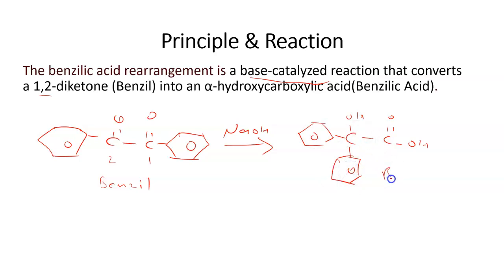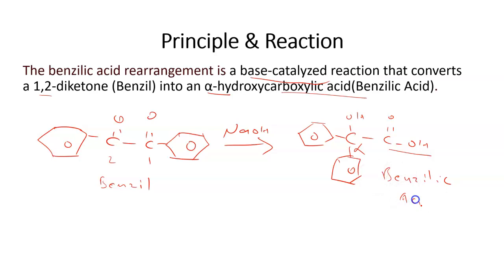Benzilic acid. So here we have written alpha hydroxy. The principal functional group in this reaction is carboxylic acid, and pertaining to it, this will be an alpha carbon atom. So alpha hydroxy means it has a substitution of a hydroxy on the alpha carbon, and the remaining part is carboxylic acid. So in general, it has two functional groups, carboxylic acid and alcohol,